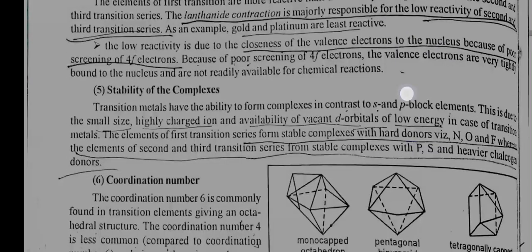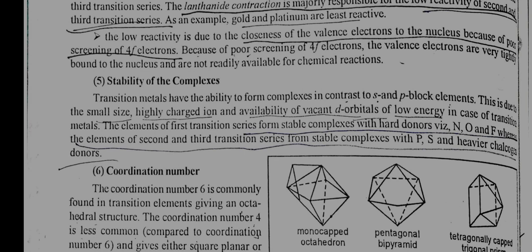Fifth, stability of the complexes. Transition metals have the ability to form complexes in contrast to s and p block elements. This is due to the small size, highly charged ion, and availability of vacant d orbitals of low energy in